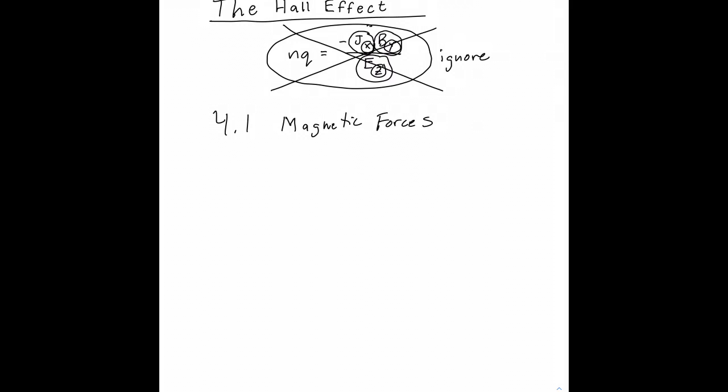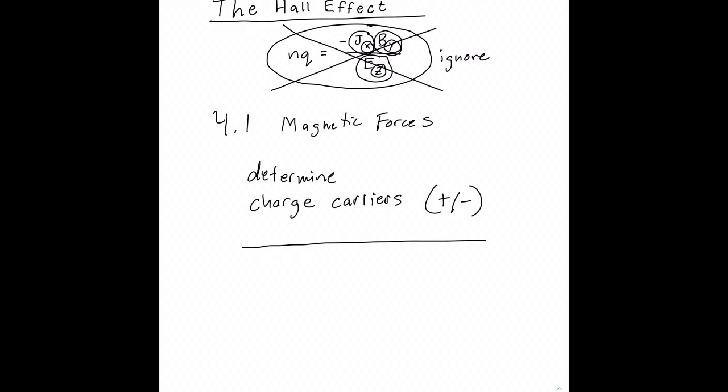So the Hall effect helps us determine whether the charge carriers are positive or negative. Now, what do we mean by that? So far, we've assumed that all of the current carrying devices are wires. Typically, in our homes, we use copper wire. In fine electronic circuits, there might be gold wire. But in any case, when we use a metal, the charge carriers are the free electrons in that metal,